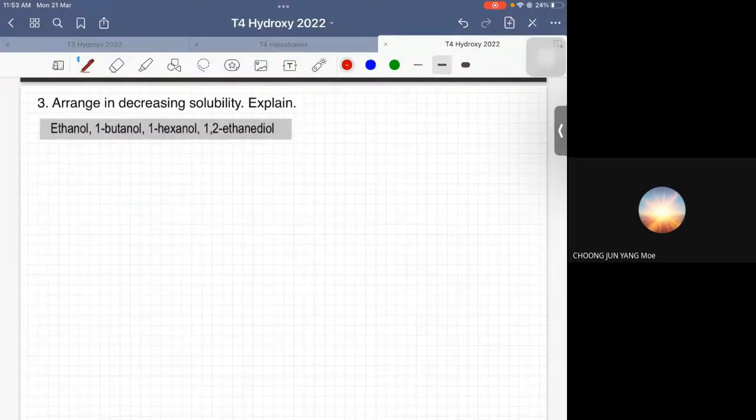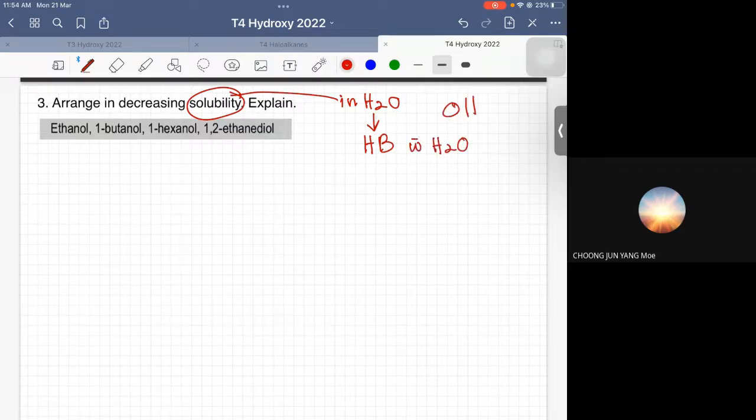Okay. And last one. Arrange in decreasing solubility. So solubility, kalau cakap solubility in water. Kena tengoklah soluble in apa. So here we are focusing on solubility in water, where we look at the kalau nak larut dalam air, kita tengok dia punya ability to form hydrogen bond with water molecule. Okay, if they have OH group, so the alcohol must be able to form hydrogen bond with water molecule, so